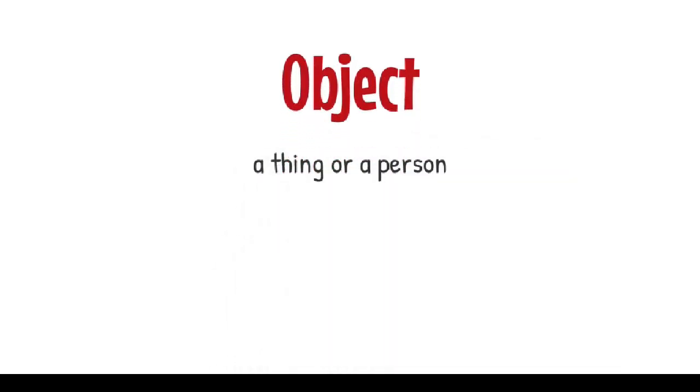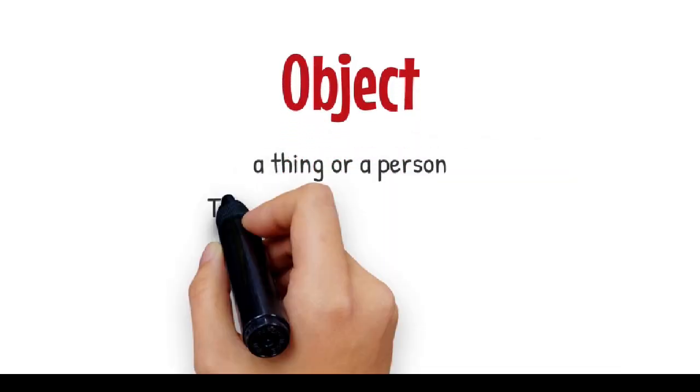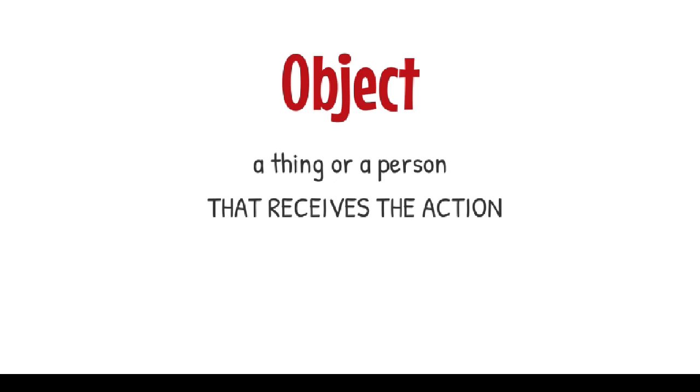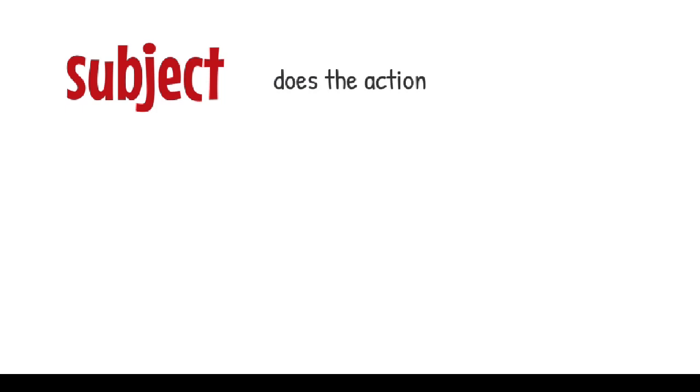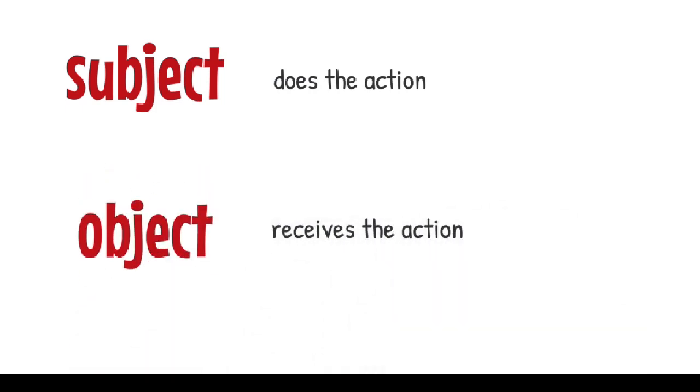Object. Object is a thing or a person that receives the action. Subject does the action, and object receives the action. For example,